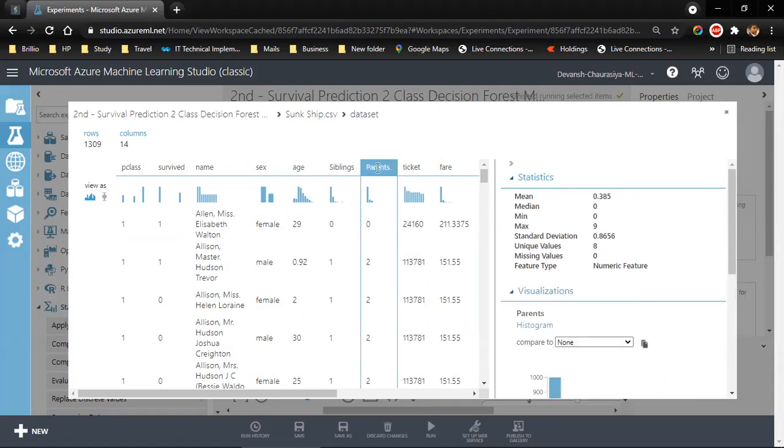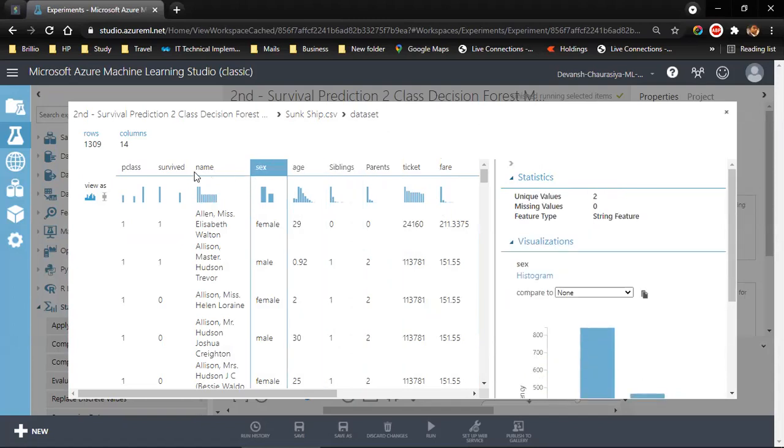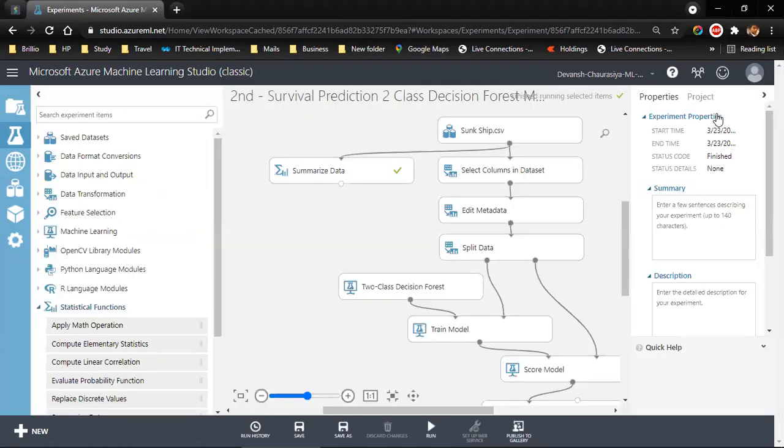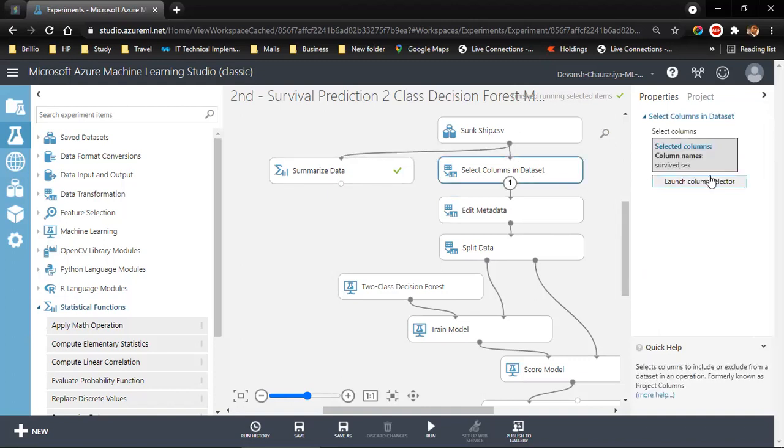Ticket, there is no missing value, it is 0. It's for the age and fare. Now, what we have to do is we have to do a little more data manipulation. So we added the data, we checked what's the summary of the data, we selected certain columns. Let's click here and select some more columns.